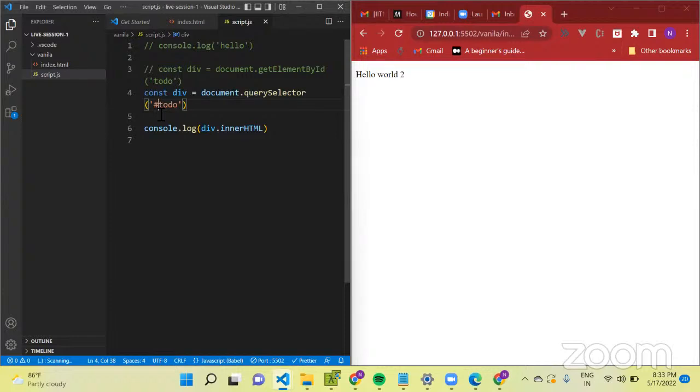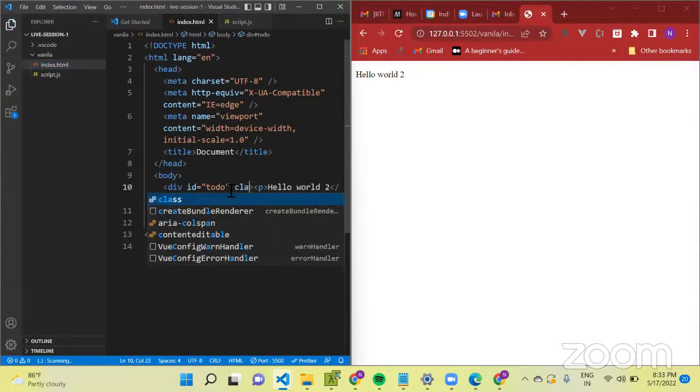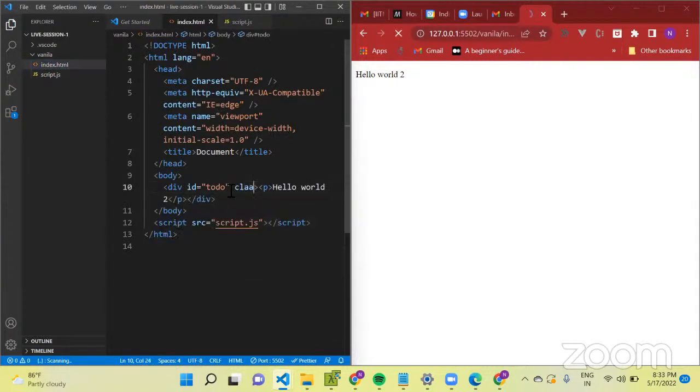Yes, sir. If you want to select the element with the ID, you use the hash, and if you want to access the element with the class, then you use the dot sign. So let's say I will write the class here. Class is equal to